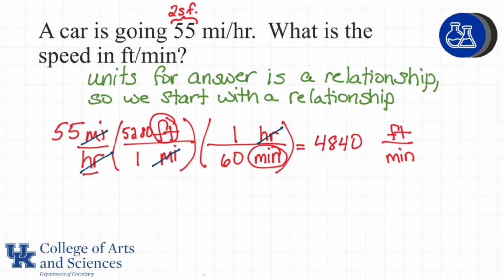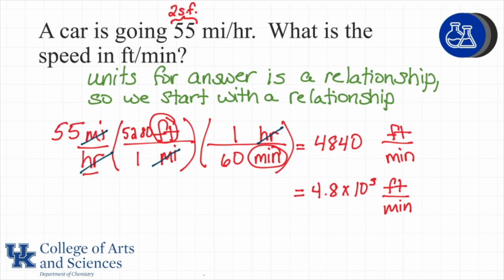And I need to round that to the correct number of sig figs. So I see 2 sig figs up in 55. My other numbers that I used in the problem are all exact numbers because they're a set relationship or definition. So now I can convert this into scientific notation with 2 sig figs to 4.8 times 10 to the third